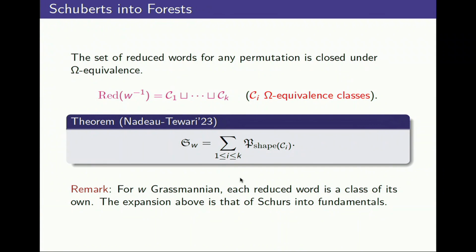Yes? No, they can have multiplicity. Different reduced words can end up giving a different labeled tree, but the same underlying unlabeled tree. So this is not a multiplicity-free expansion. So same forests can occur with multiplicity. So that's sort of misleading. All I'm saying is, in the same way that I was indexing slides by words, different words could give the same slide polynomial. That's sort of what's happening here. Sort of easier to write down.